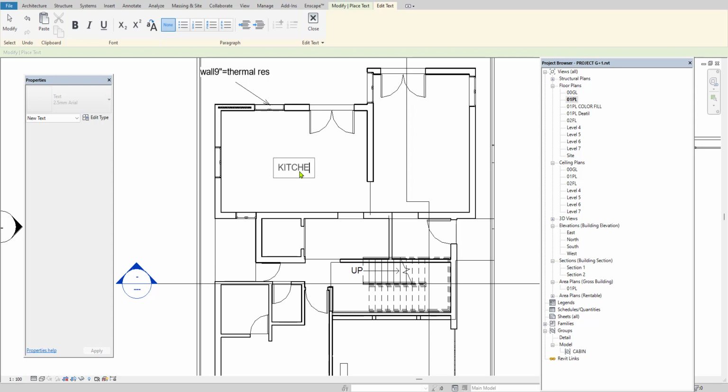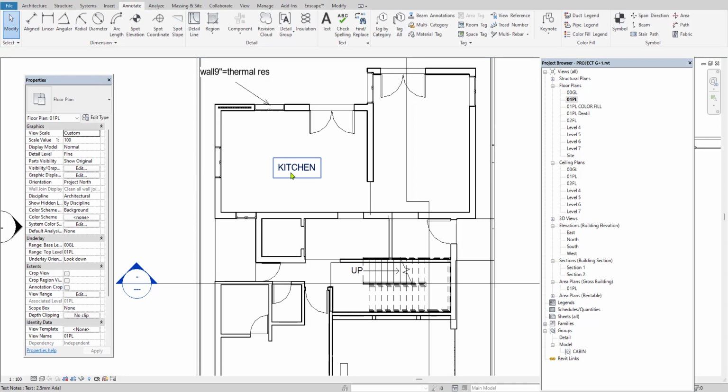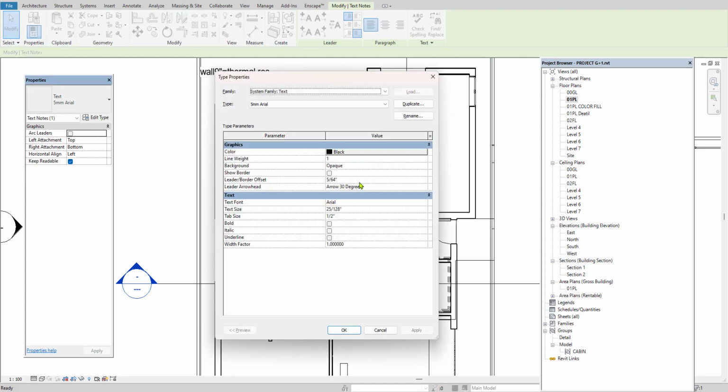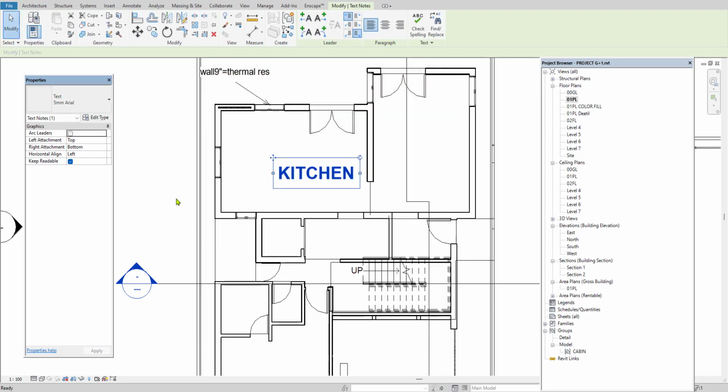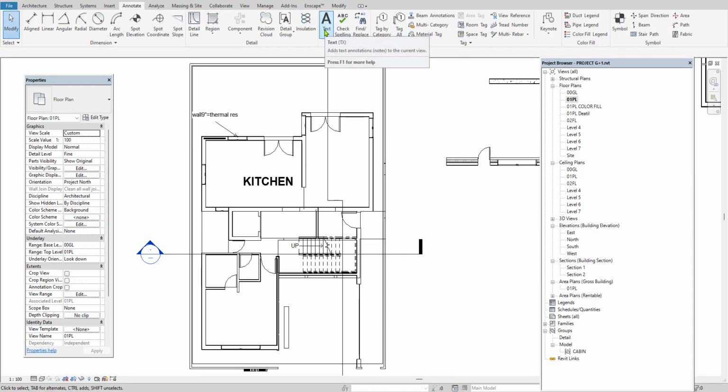In the caps, I am going to type the name, and in order to edit this text, you just select that text and you go to the edit type. Here in the properties, we have 3.5 mm thickness and 5 mm thickness. Go to the edit type to make the advanced editing of that font size, text size. In order to make it, you have a bold option, and then apply it and okay. So this way you can use the text command to give the naming.